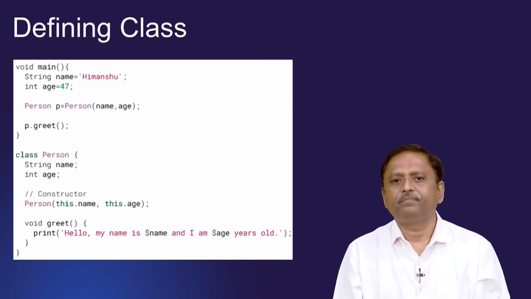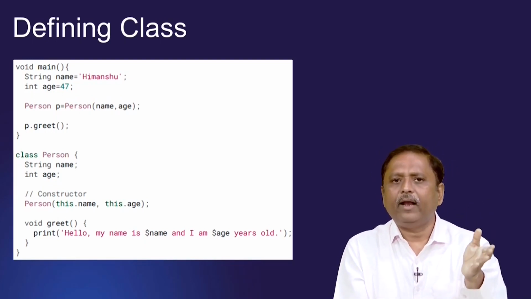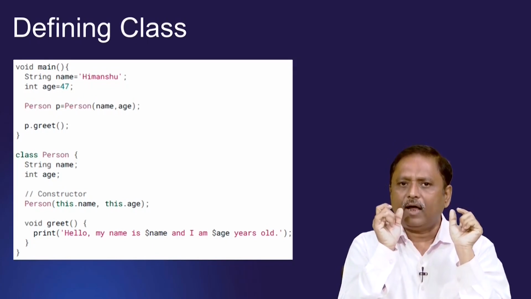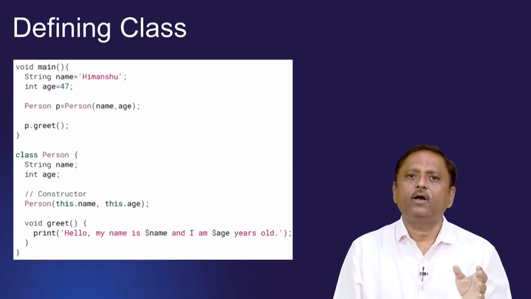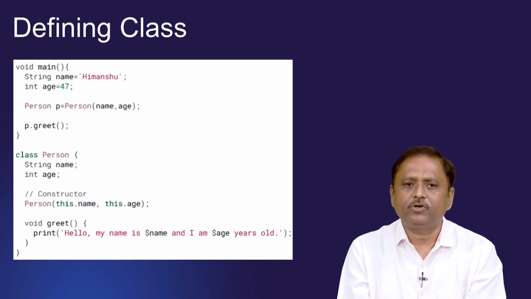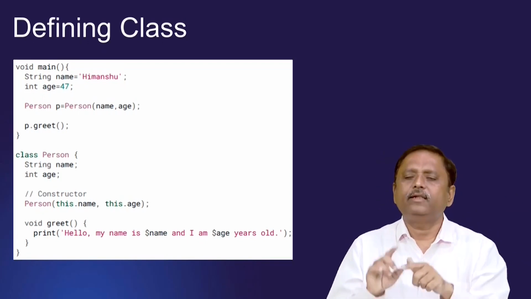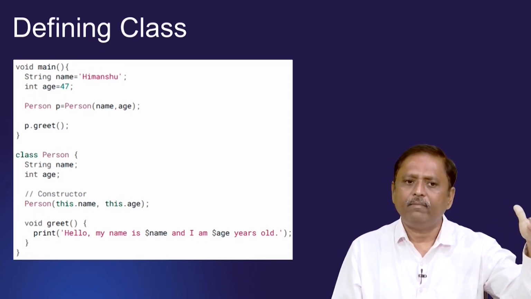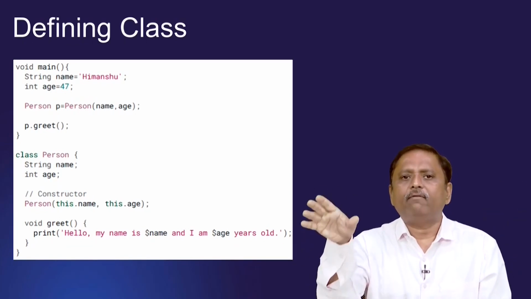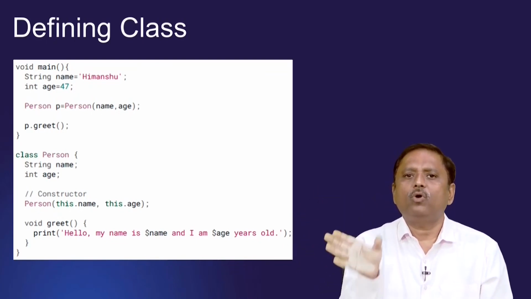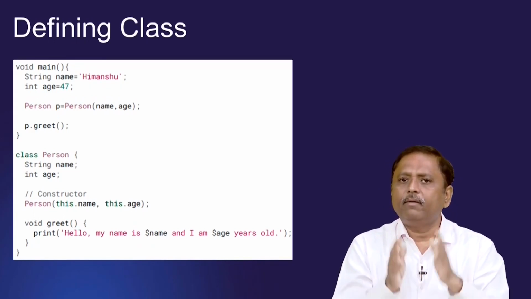You can also write constructor like these. Like any other programming language, constructor is having same name as a class. So, here person specifies constructor and whatever value passed to the constructor in order is stored inside name and age. So, this dot name represent name and this dot age represent age. So, whatever value provided while calling this constructor is stored in name and age, and it may also contain methods